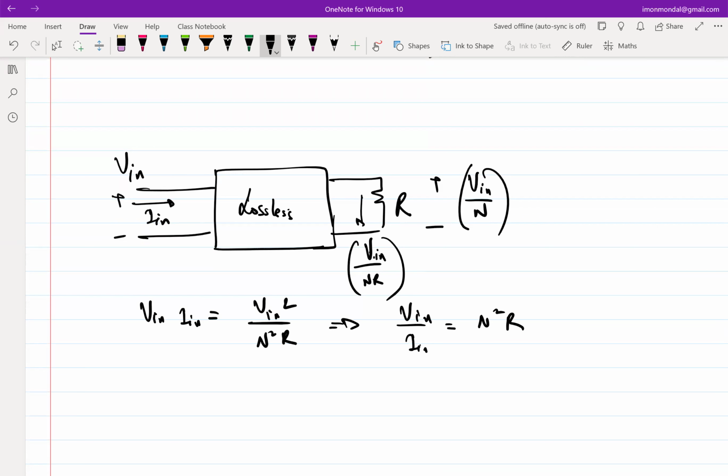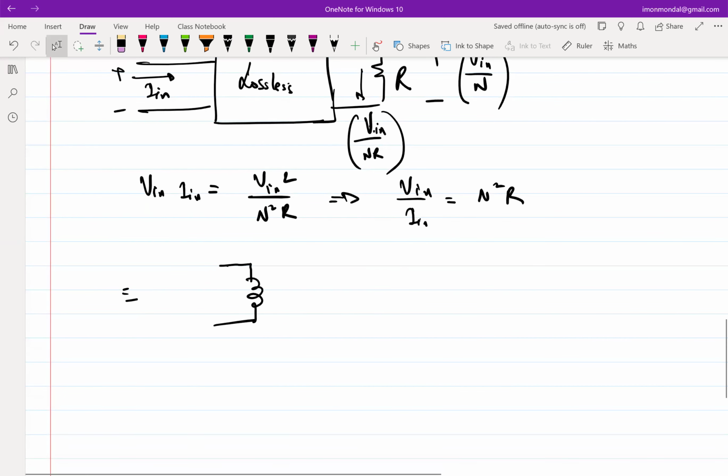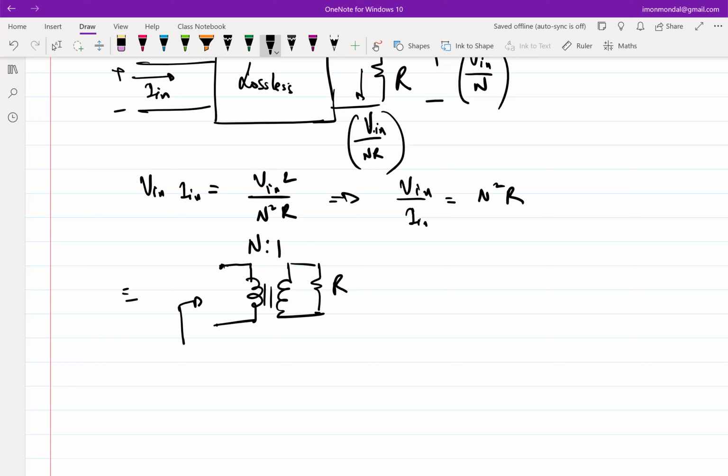It is basically telling us, if we are able to step down the voltage at the other port by the use of a lossless network, I'll mimic what almost seems like a transformer of turns ratio N, right? So I'm able to step up the resistor by an equivalent amount. Effectively, this is like a transformer of turns ratio N:1 rather. So then this becomes N squared R,